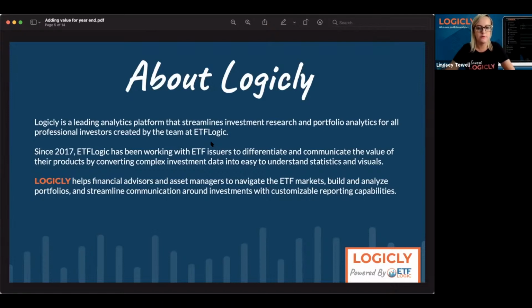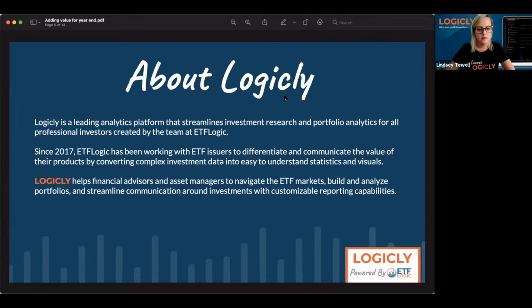As Scott mentioned before, over the years of the development of the company, we first started building tools for ETF issuers, for their capital markets and their sales teams to help convey particular risk factors and liquidity of their ETFs to their end clients, being financial advisors.